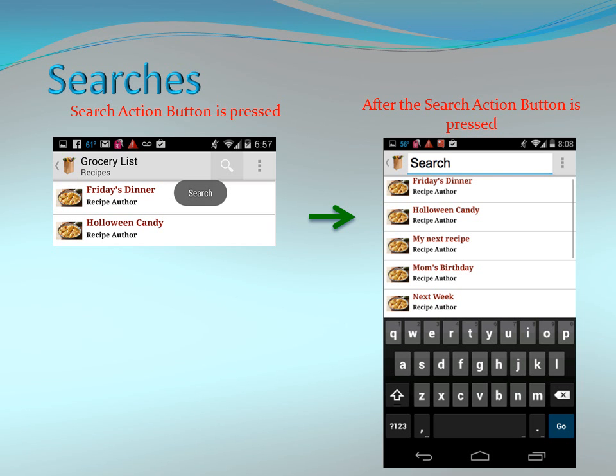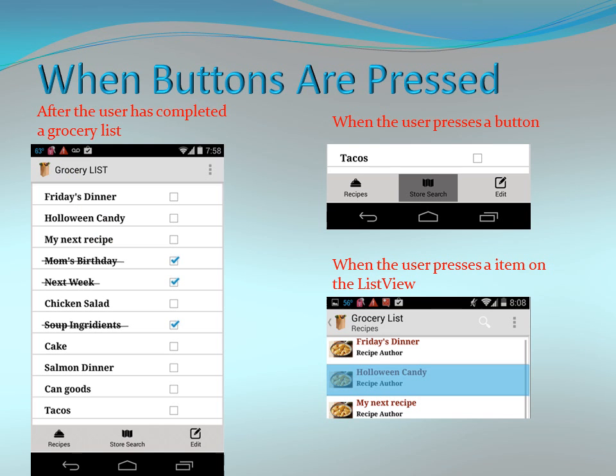The next screen shows you how searches will be done in the application. The searches will be done the following way: by pressing the search icon button. After pressing the button, the search text box will appear, and the standard Android keyboard will appear on the screen, so the user can type any keyword he or she desires to search. On the next screen,